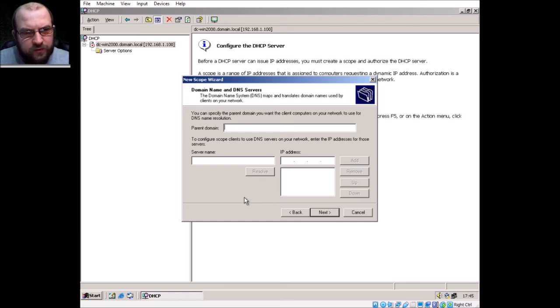To configure scope clients to use DNS servers on your network, enter the IP address. Okay. Domain.local server name, so that's going to be 192.168.1.100. Actually, let's resolve that, which is going to be DC. What's it called? Win 2000. Resolve. There you go. So yeah, you can put the server names or even multiple servers as a DNS,